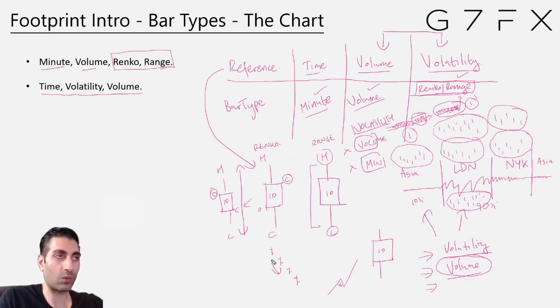Essentially, what the Renko does differently is, so we just agreed, high, low, 10 ticks, boom, next candle. What the Renko will do is, it won't allow the candle, sorry, I got that the wrong way around. It won't allow the candle to reverse unless we've seen double the amount, right? As I said, a change in the prevailing direction. Why is that important? Because guys, as we said, and this is where Footprint really comes into its own, is